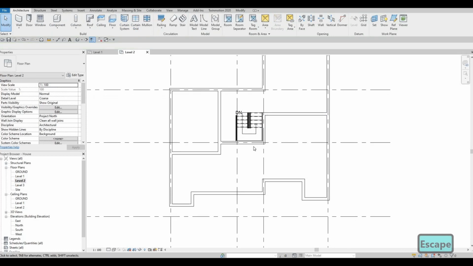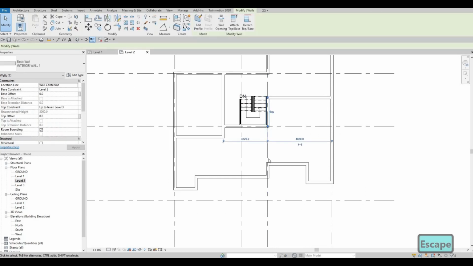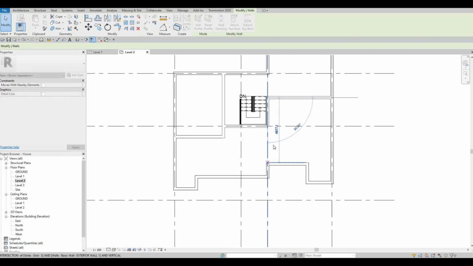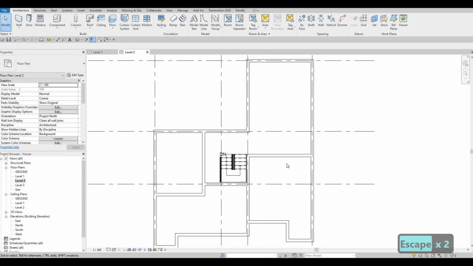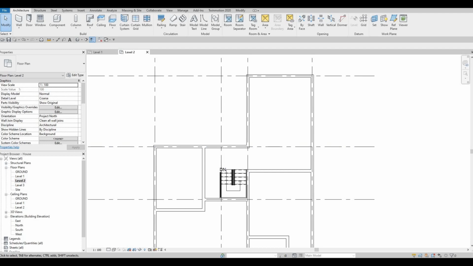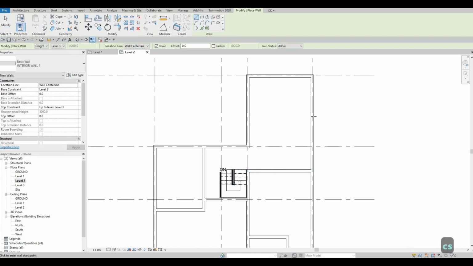And then again, we're going to extend this wall all the way here. So we're just gonna grab this and extend this all the way there. So now we have 1, 2, 3 bedrooms, and then the 4th bedroom will be located right here. So here I'm gonna select this wall again. This is the interior wall number 1, CS, and then let's add in a wall from here first. We could actually join them,